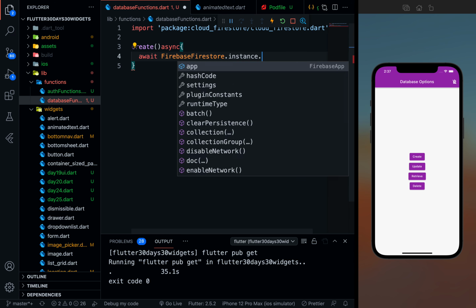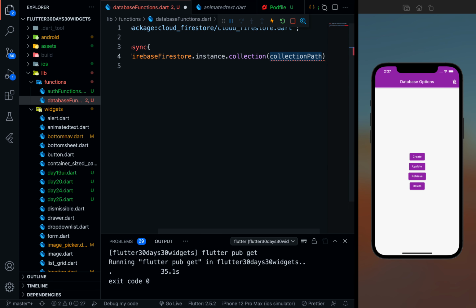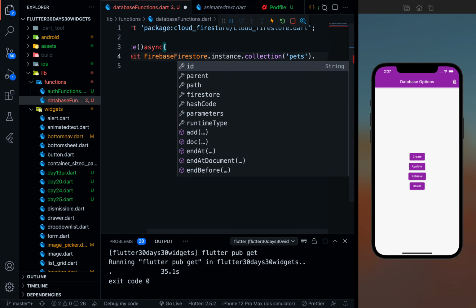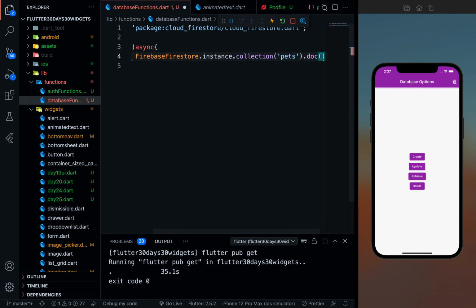Perfect. Dot collection. So it is going to create a collection, and inside this collection, I want to create a collection called, let's say pets. Perfect. So now inside this collection, I want to create a document. So let's create a document called, let's say my pet, or let's say Tom.